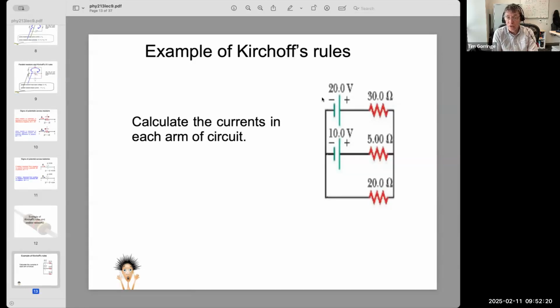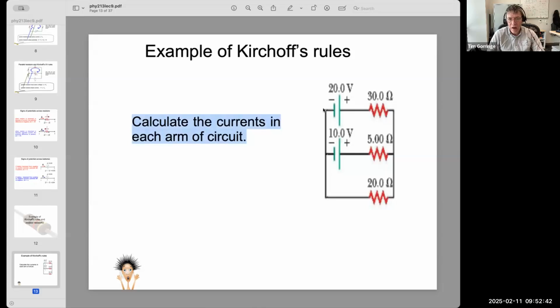So we can't use the way we solve these circuit problems in the last class, because there's no simple resistors in series, resistors in parallel. We're going to use Kirchhoff's rules. And so this is an example of Kirchhoff's rules. The specific problem that we're going to solve is to calculate the currents in each arm of the